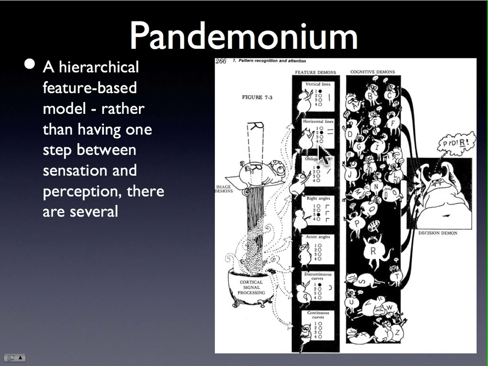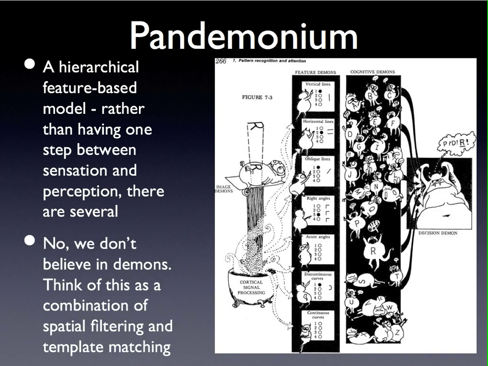But the idea, again, is that we have several neurons in the brain that are dedicated to detecting features. And if they become active, and enough of them become active, then we just say, okay, there are enough features in the image that are consistent with the notion of that letter or that object. And no, we don't actually believe in demons. Again, this is really in the brain, this is implemented as spatial filtering and template matching in the sense that each of these features is matched to something